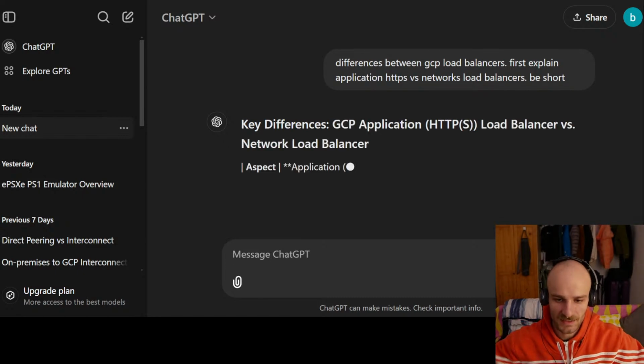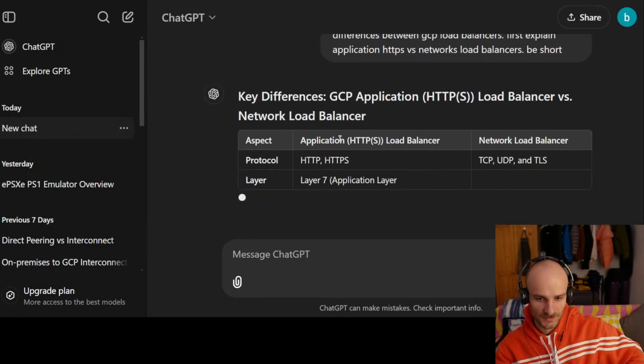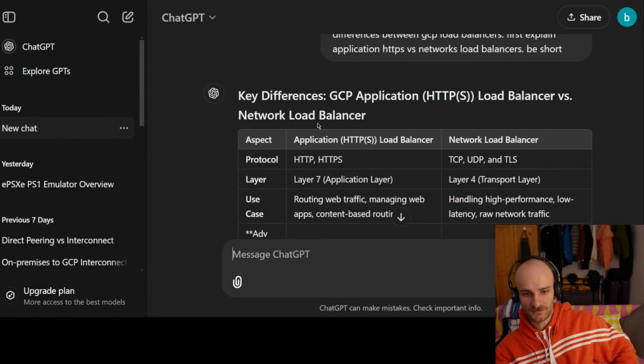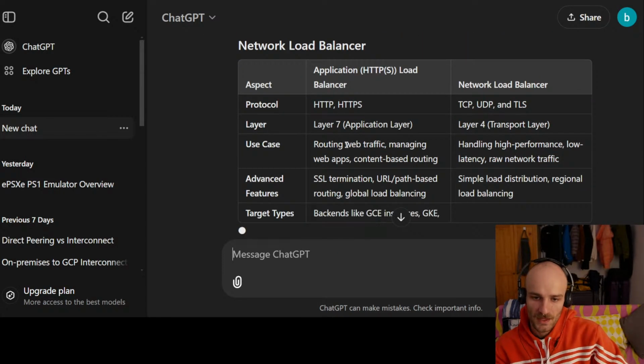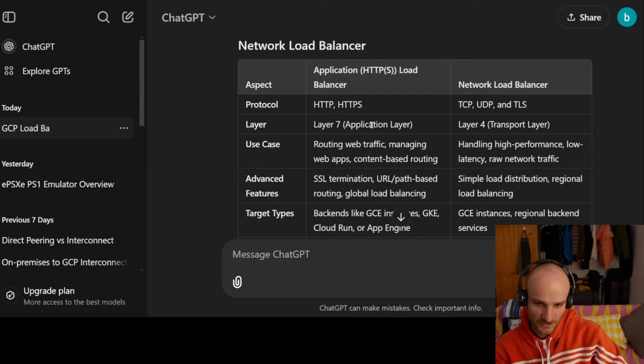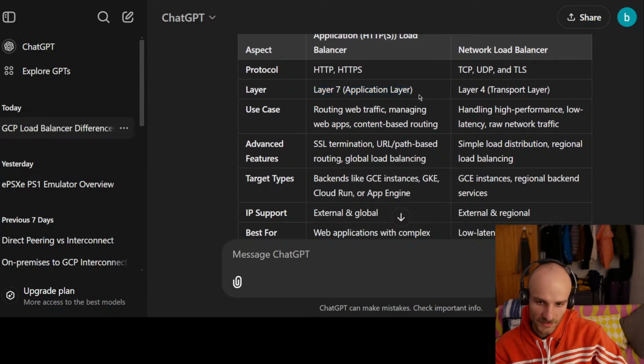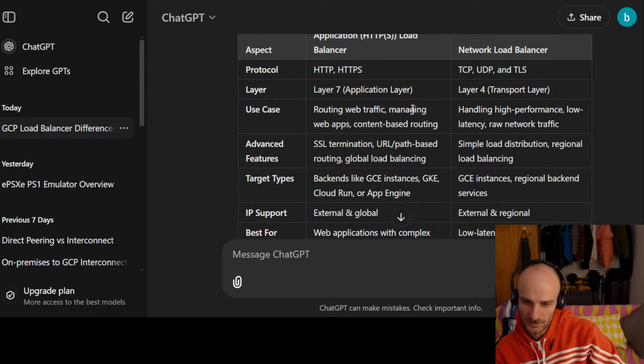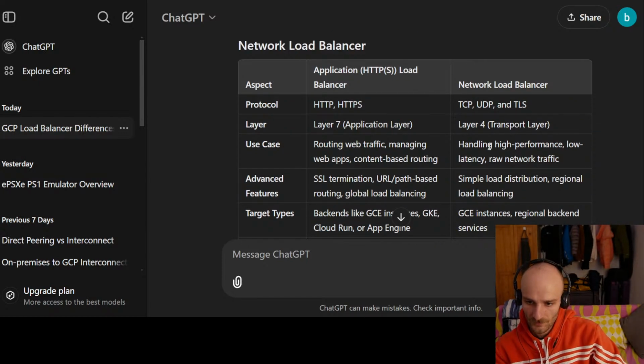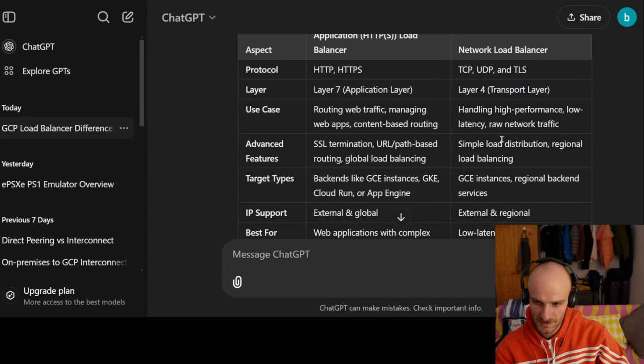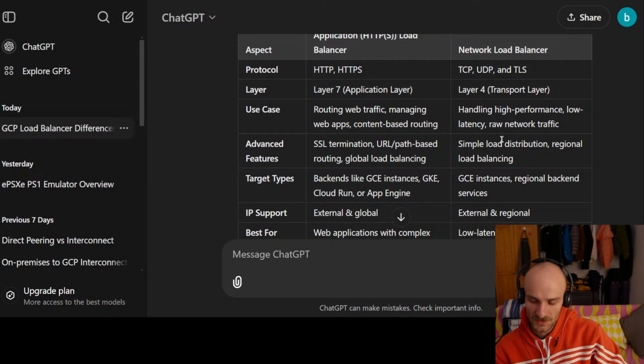So let's see the key differences between load balancer vs application load balancer vs network load balancer. So it looks like, first of all, we are working on different protocols, and this was clear. Layer 7 application layer, so all the logic in the body will be applied at that level. Instead, in layer 4, we'll have TCP packets. We'll use the TCP protocols,